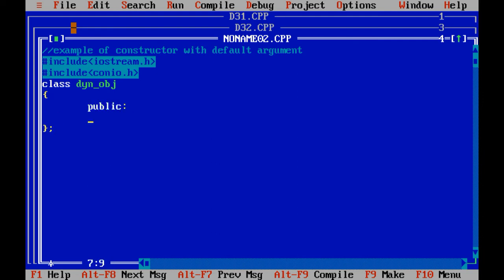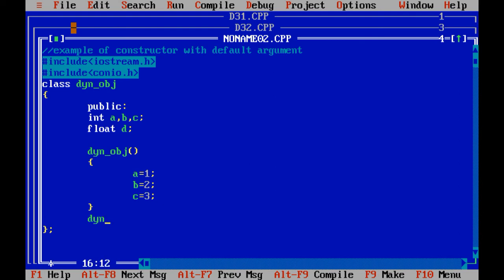Public keyword, integer a, b, c and one more variable, data, which has the float data type. Let me create the default constructor of the class: a equals 1, b equals 2 and c equals 3.